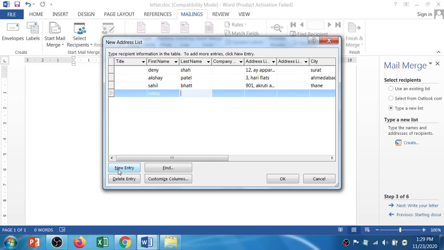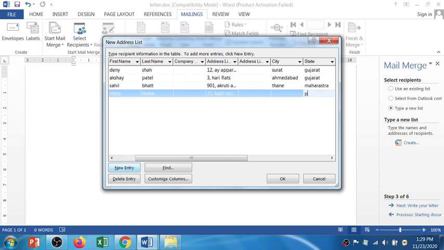Let's say Lekha, Pune. In the Pune city, I don't know, so ABC I have typed.